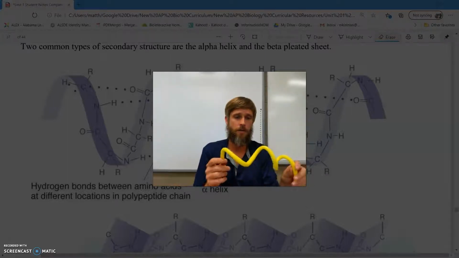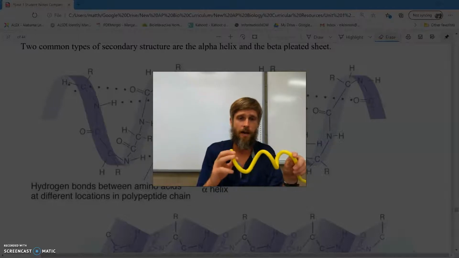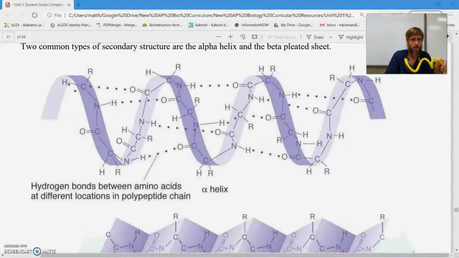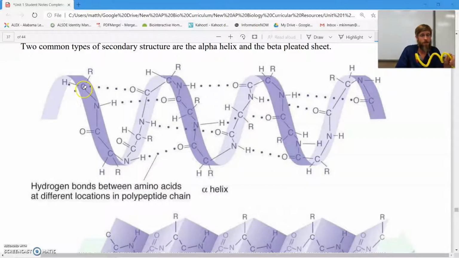All right, so what causes that alpha helix? Well, the function of the amino acids, but look right here. These dots, what type of bond is represented by dots instead of a solid line? Remember, it's just a weak attraction between hydrogen and another element, so hydrogen bonds. So a hydrogen bond forms here and there and there and there, and causes this structure to spiral, spin, and